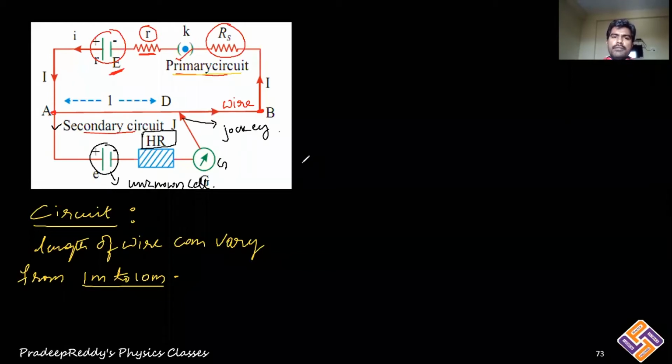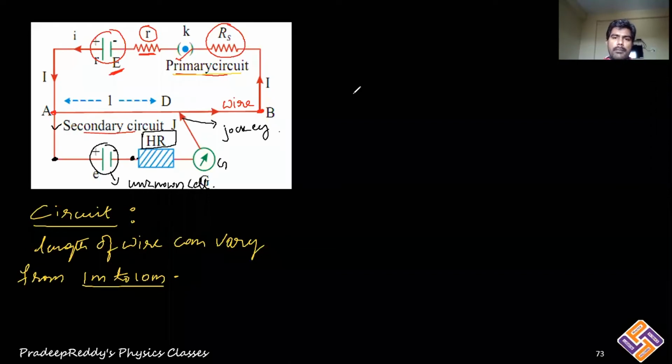So bottom portion of the potentiometer consists of a slot for unknown battery. This will be the slot generally. A slot for unknown battery. You can place unknown battery here, which is connected in series with high resistor along with a galvanometer and a jockey. Jockey can be scrolled on the wire AB. You can place the jockey at position A and you can slide that jockey on the wire AB. As you are sliding the jockey on AB wire, the effective length of the wire increases depending on the position of the jockey.